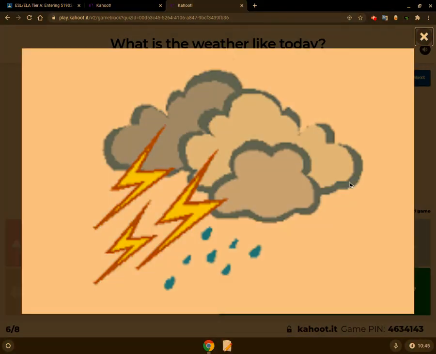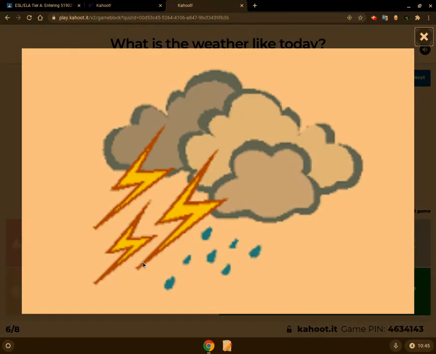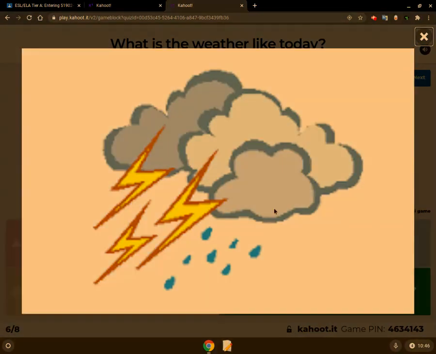So think of Thor, the god of thunder. Whenever he spins his hammer, what happens? The sky gets dark, the clouds come in, lightning starts to happen. So he creates storms. So when something is storming, we have dark clouds, we usually have rain, we have thunder and lightning. Thunder, of course, is the noise, the booms, and lightning is what we see.